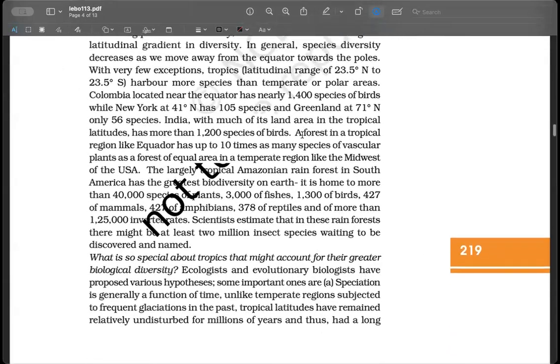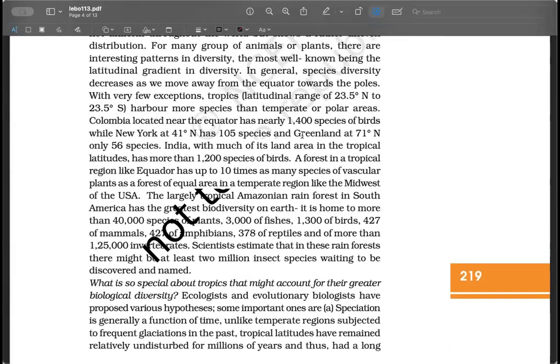So for speciation to happen, what is required? What do we need for species to bifurcate into more species? Tell me, does it happen overnight? Can one species become two species? Yeah, right. The answer is natural selection. And for natural selection to happen, what is required? For any selection to happen, what is required? Nature.